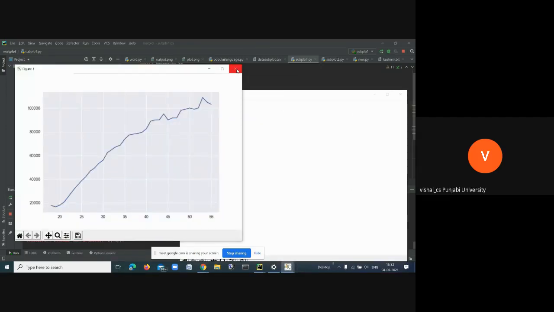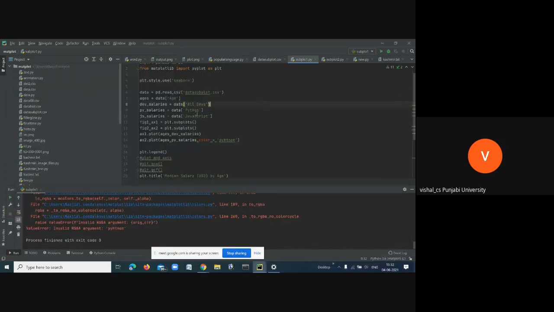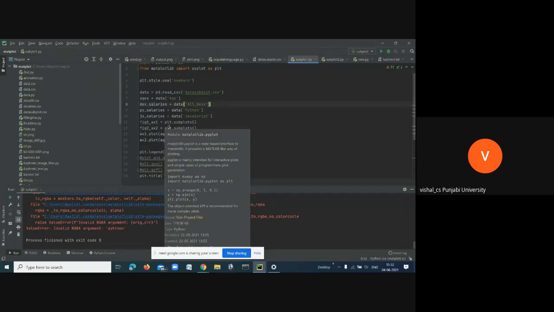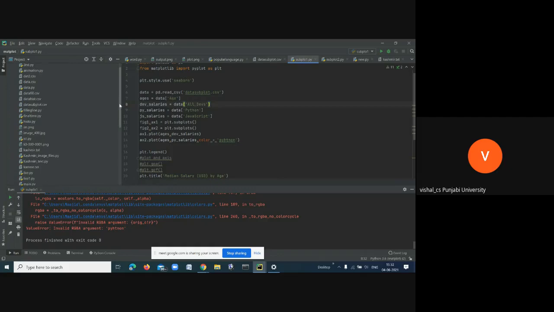You got two figures? Yes, sir. That means we can make different figures using these subplots. Now I can show you.